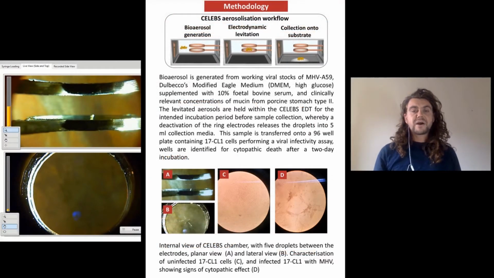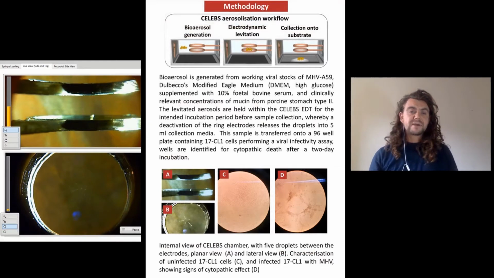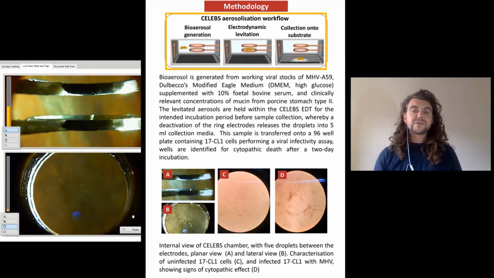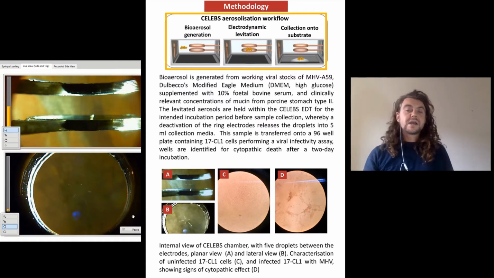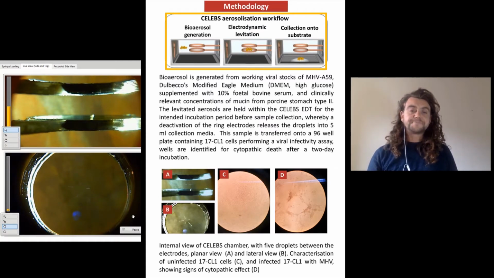CELEBS is a single particle levitation system. We begin by generating a reproducible bioaerosol, which is caught between two electrodes in an electrodynamic trap. After the intended incubation period, could be 5 seconds, could be 5 minutes, we collect onto a substrate by releasing